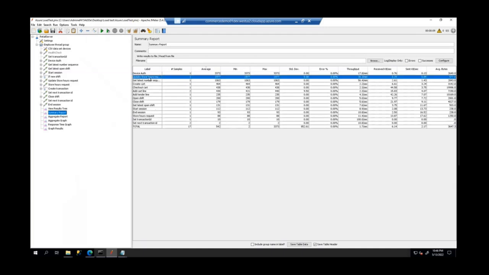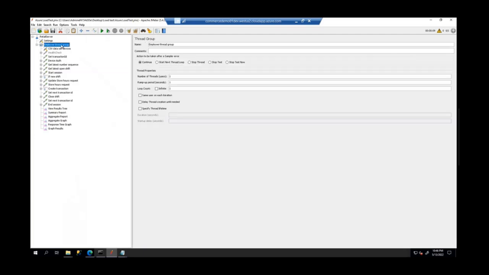So we need to investigate each API call and understand where the time is taken. So we have a demo in the coming session. We will explain how to analyze each API call and how to fix the issues. Now we will go to